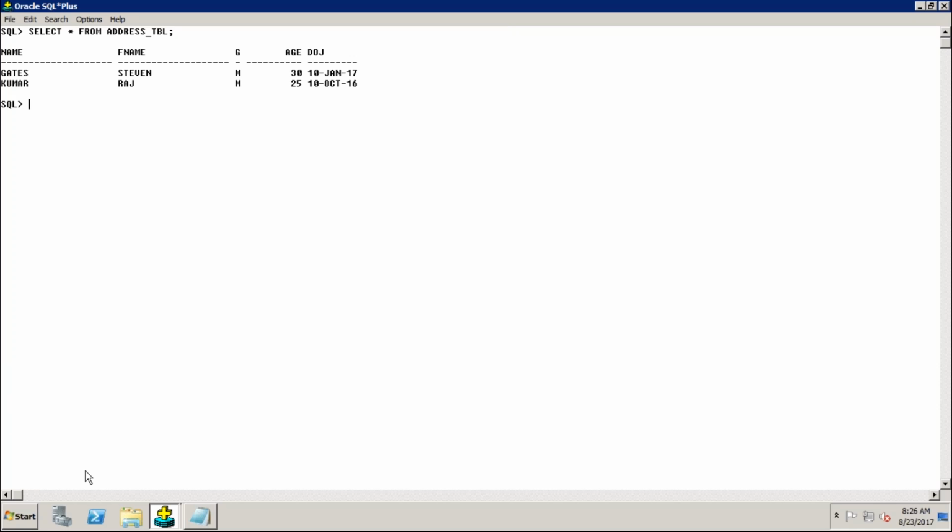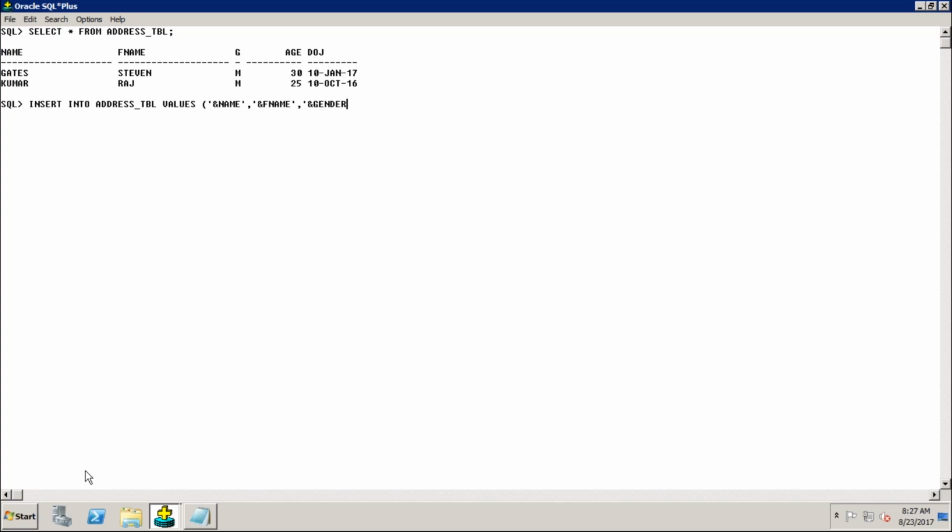Okay. So now there is an easier way to insert more records. If you want to insert more records, this is the command you need to follow: insert into address table values. Instead of hard coding that value, what you have to do is, in single quotation, because it's a character type, what is the first column? Name, right? You can give a name, comma, again ampersand, father's name, and again ampersand,